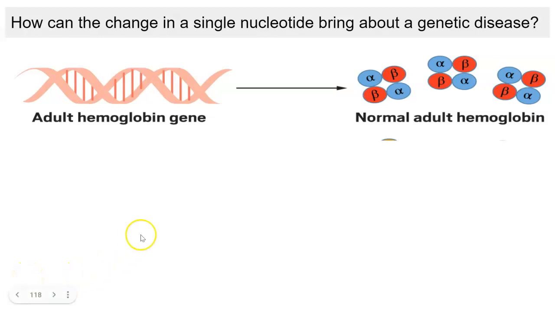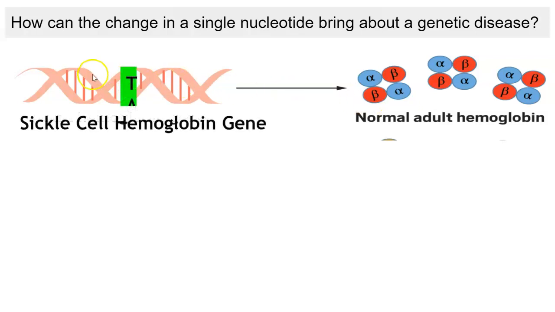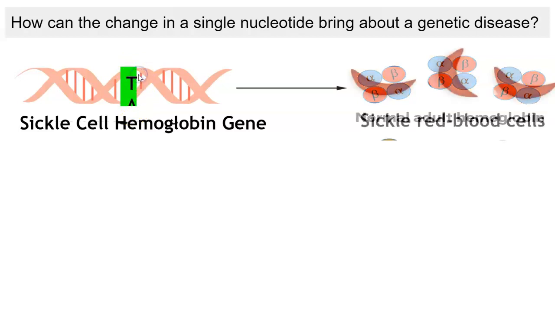Hey team, remember we talked about this unit, our big question being how can the change in a single nucleotide bring about a genetic disease? That's what we're looking at here with sickle cell disease. Normally, your body produces adult hemoglobin, which is what carries oxygen in your bloodstream. And so you get normal hemoglobin and your red blood cells are a normal shape and carry oxygen just right. But with a single change in a nucleotide base pair, we end up with sickle cell hemoglobin,